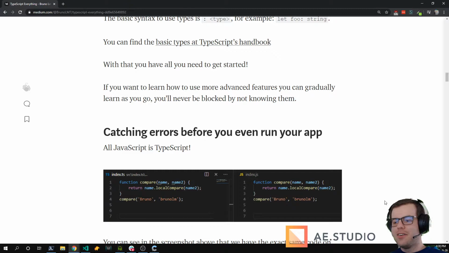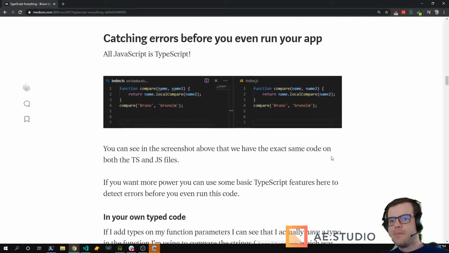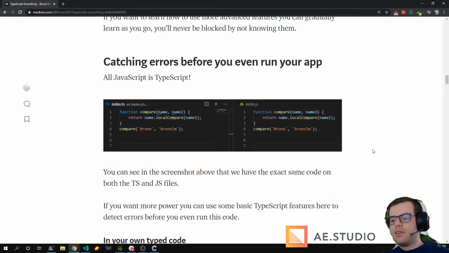Either no one wants to answer or no one knows. I'm not sure. But the point is, you might have spent already some seconds trying to figure out what's wrong. And with TypeScript, you can see in less than a second what's wrong.